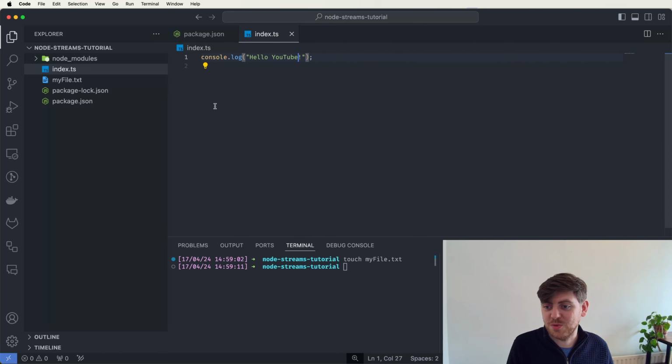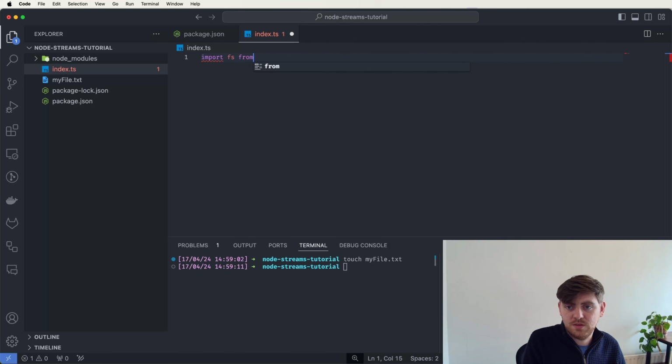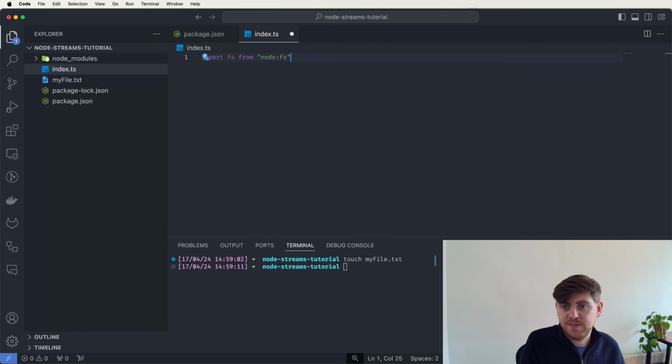Okay, let's go. So first, I'm going to show you how to copy a file synchronously. This is the simplest, but it also has the biggest limitations. We will import the file system library from Node.js,